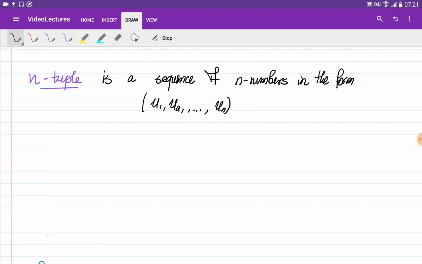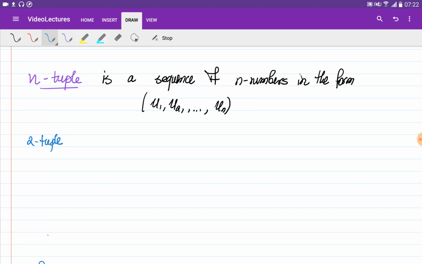Algebraically, we're going to define the vectors using the n-tuples. An n-tuple is a sequence of n numbers which are written in this form. So we would like to write down this sequence and we would like to write this inside of brackets. For example, a 2-tuple,